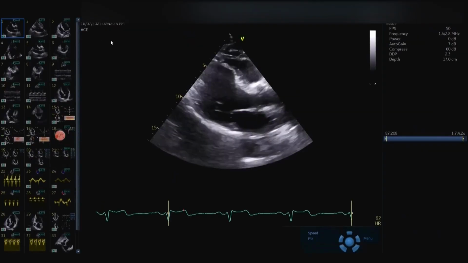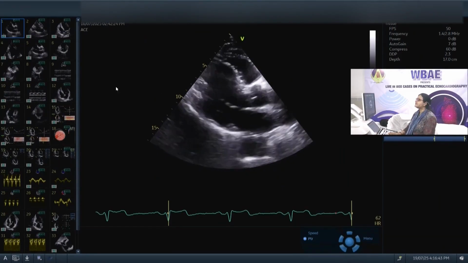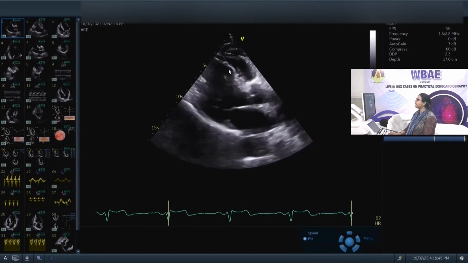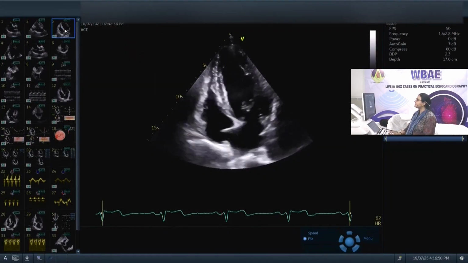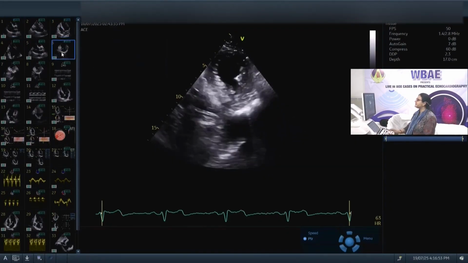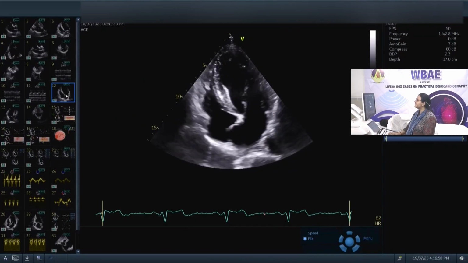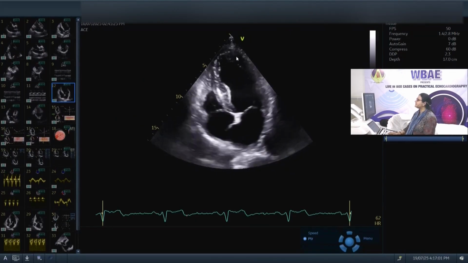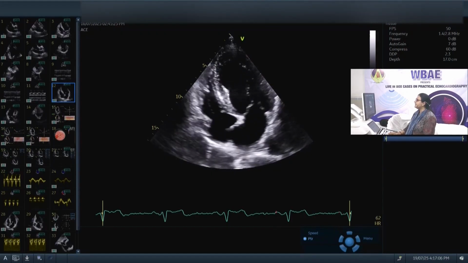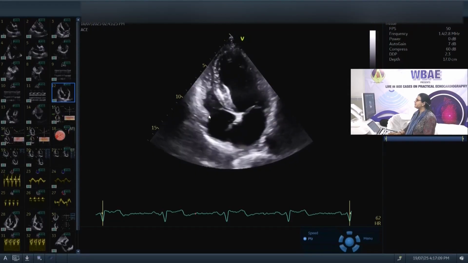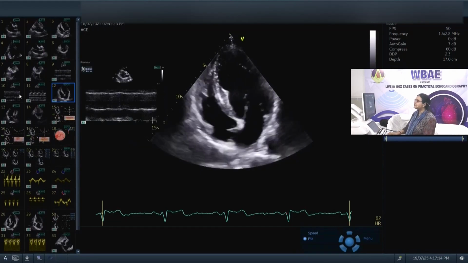So this is a patient who just underwent a PTCA to LAD, and you can clearly see from this parasternal long axis view that the septum is thin and akinetic. Here is the apical four chamber view, and here is the parasternal short axis view. I'm going to quickly show you the views of this patient. So you can clearly see that the apical segment is almost akinetic, and the RV looks normal. The LA is borderline enlarged, and we did the same way.